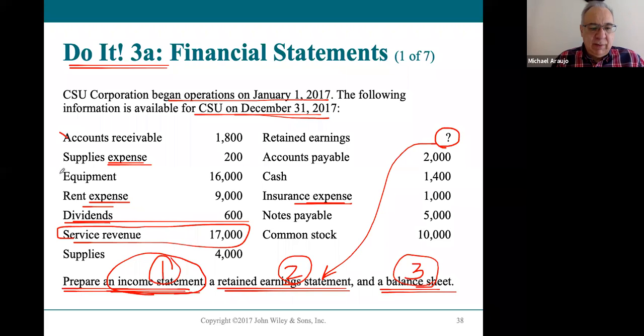Accounts receivable is an asset, equipment is an asset, supplies is an asset, cash is an asset. You identify the asset accounts to put your assets together, then you identify your liability accounts, like accounts payable, like notes payable. And then you put together your stockholders' equity accounts, which is common stock first, retained earnings with the answer from the statement second. And what it all looks like